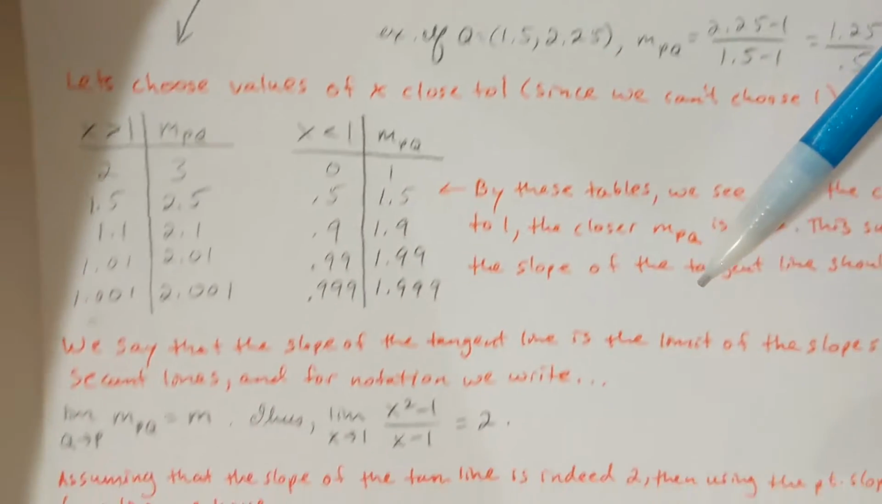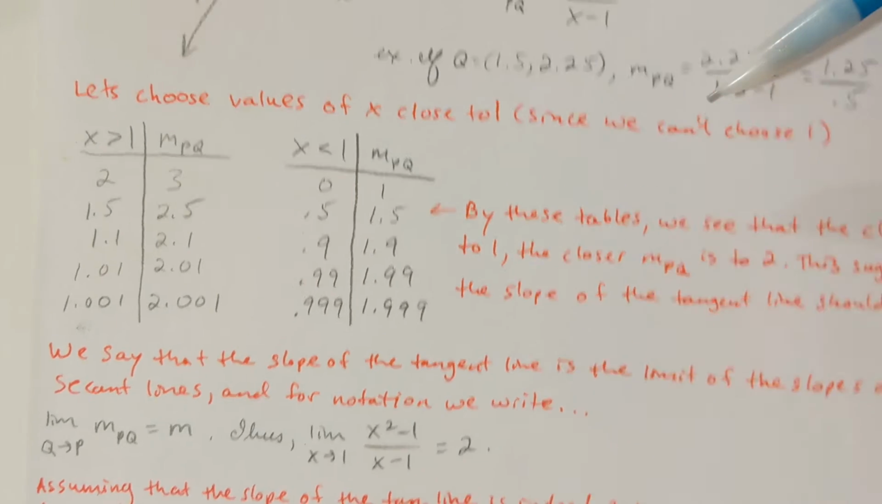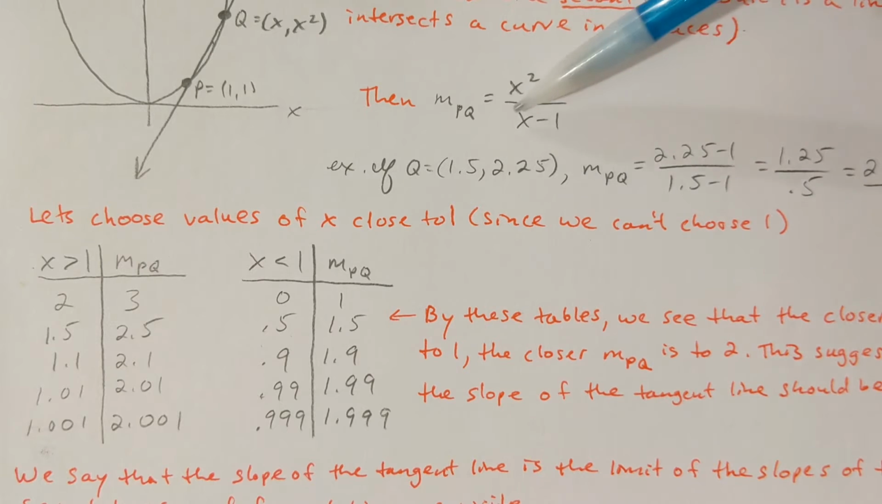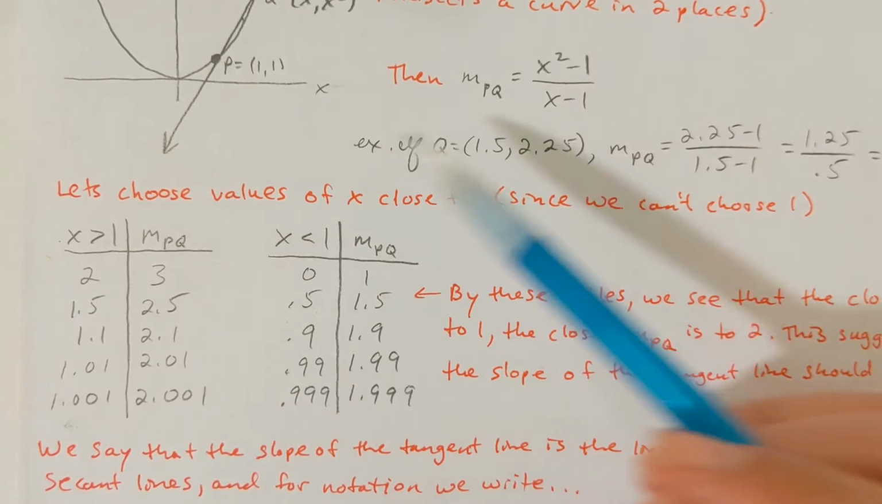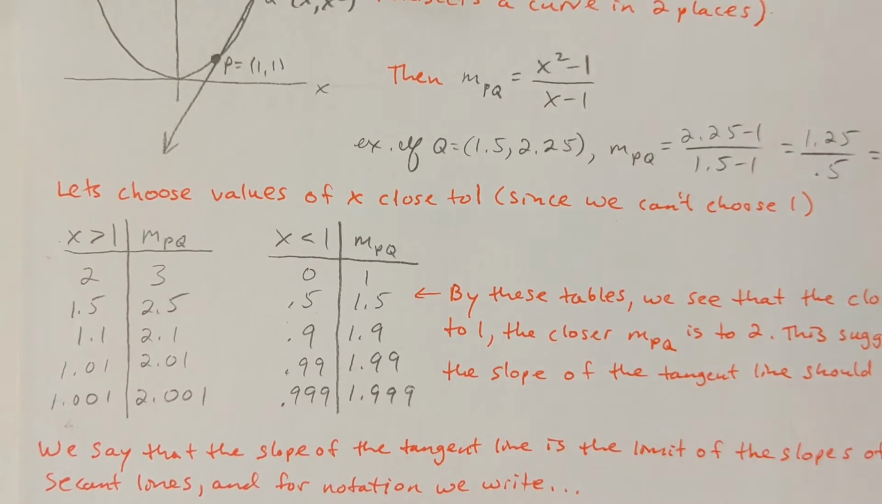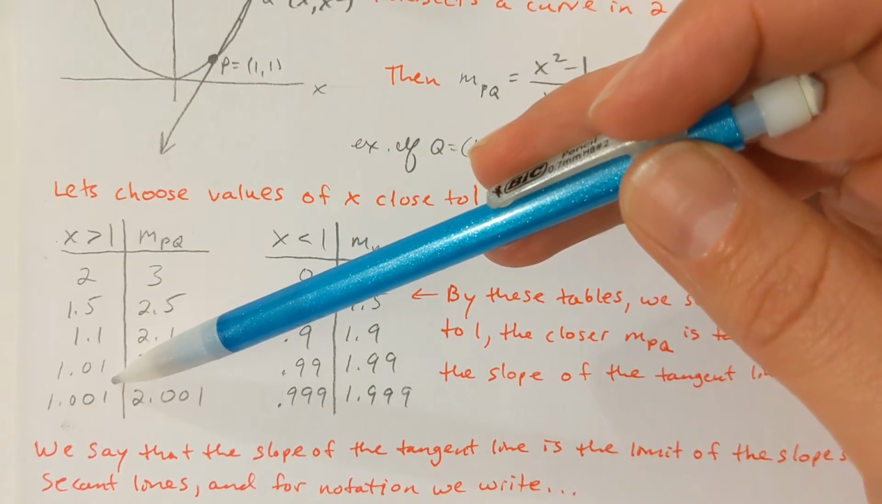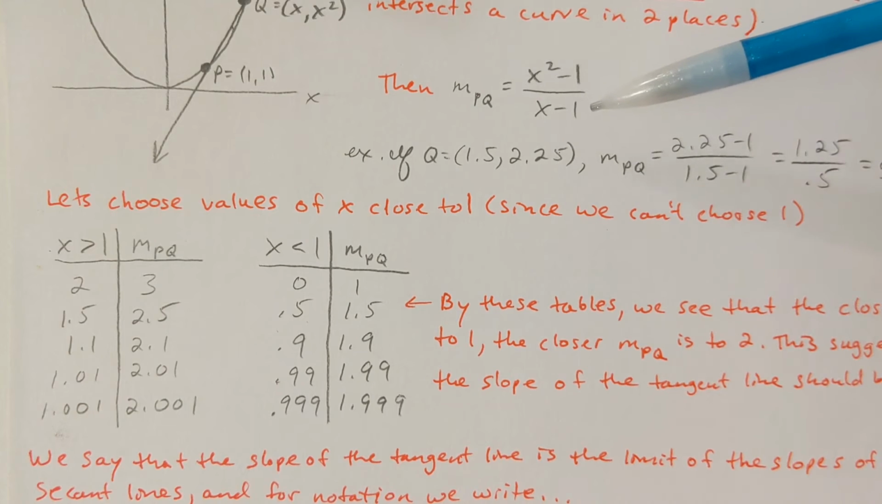Now the next thing I'm going to do is choose values of x close to 1. I can't choose 1 though, because I know I can't divide by 0. That's a problem with x being 1. But I'm going to select values that are close to 1, on either side. So I've made a table, and here's for when x is bigger than 1. I'm going to plug those numbers into the formula I've created for the slope of the secant